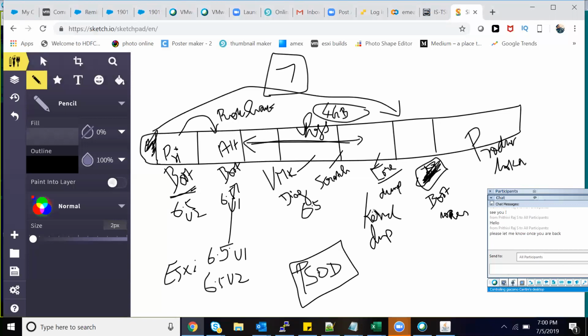Kernel dump needs some space, right? Like where it can store. It will be around 1 to 2 GB. And to store that, we need a partition. That is why we have the core dump partition.